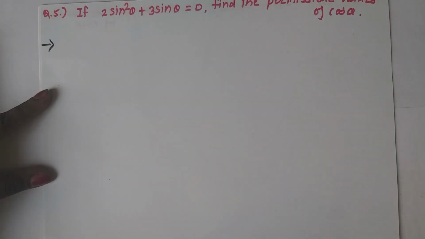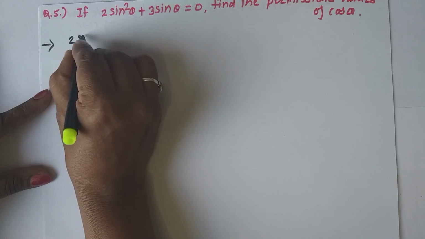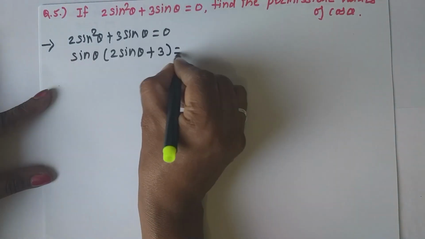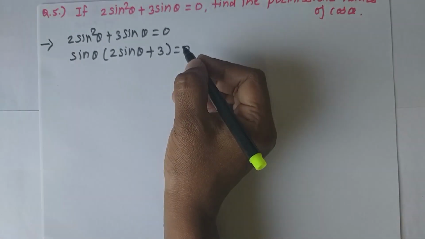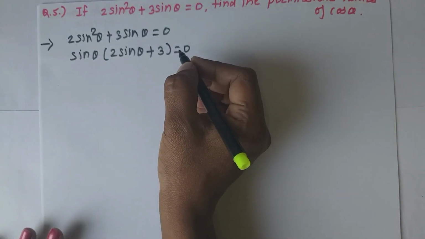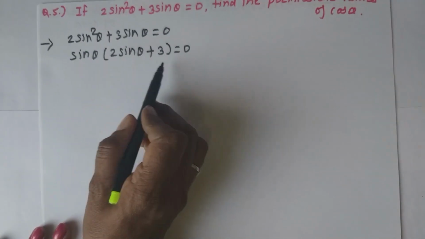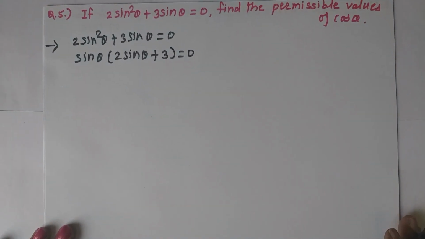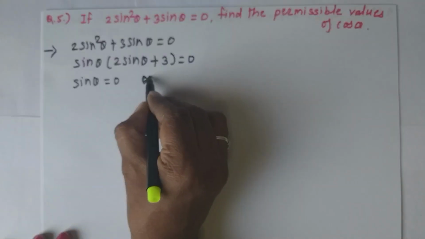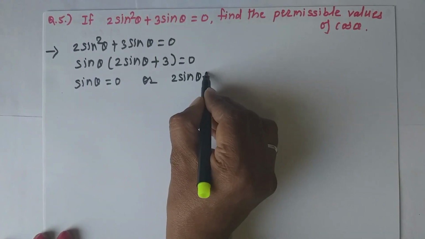Question 5. If 2 sin square theta plus 3 sin theta is equal to 0, find the permissible values of cos theta. You write down the given equation as it is. Then take sin theta common. This will be sin theta into, in the bracket, 2 sin theta plus 3 is equal to 0. Now, product of these two is 0 means either sin theta is 0 or 2 sin theta plus 3 will